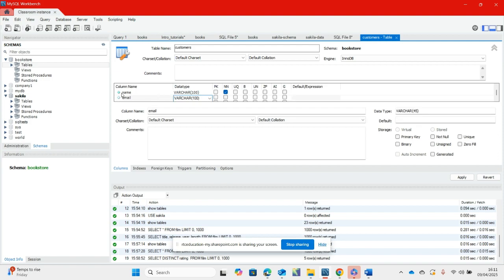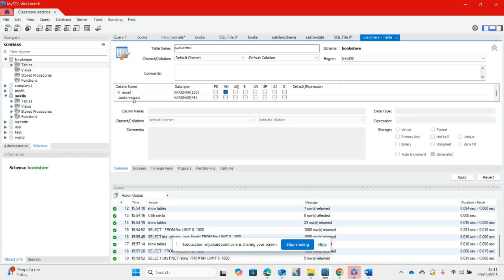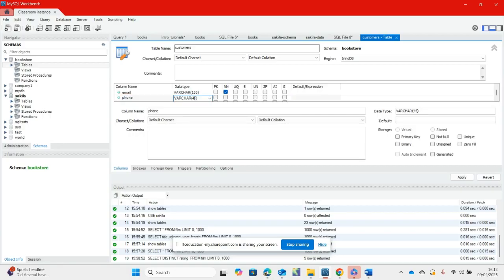Then we're going to have that as not null as well, and then we can go down, say phone, and then set that as 20. And we have our join date,